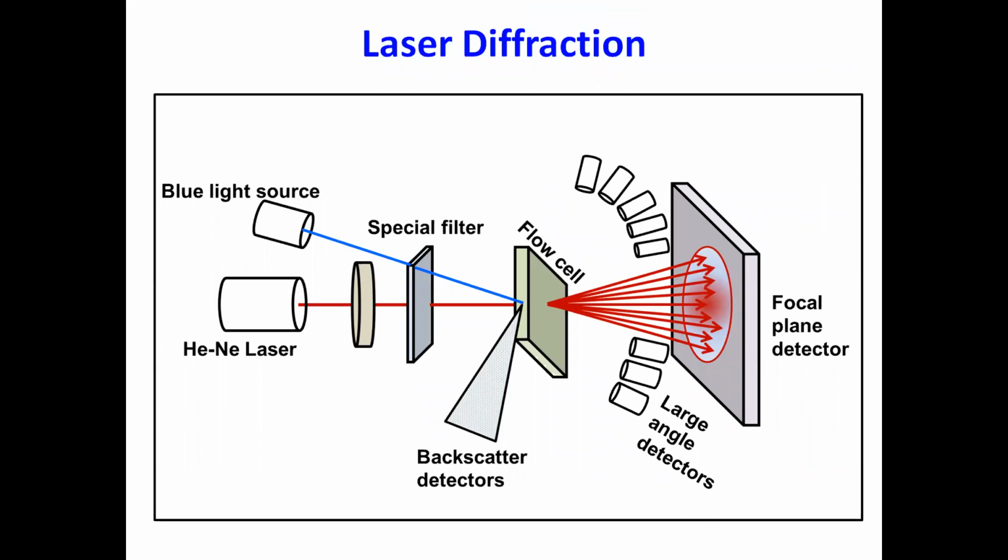As you are diffracting the particle shadow by means of laser light, and because the particles are distributed in a particular range, when the light ray is incident on those particles, it will differ in different angles. So we have to capture the image of those particles by distributed photodetectors, which are distributed at 1 degree to 170 on the arc.